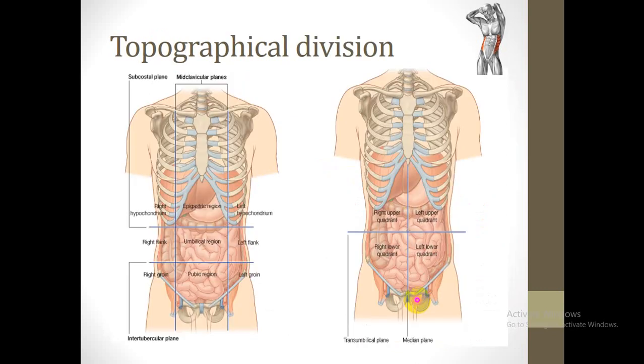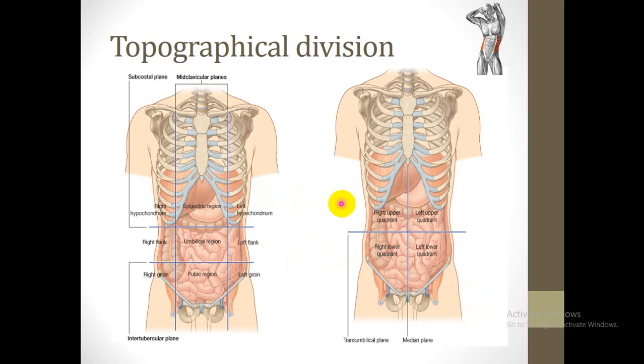So, for easy study of the abdominal wall, and as guidance for the doctor to the abdominal organs and the pain associated with these organs, we can divide the abdominal wall into two groups of topographical division. The first one is the simple 4-quadrant topographical division, and the second one is the 9-region organization description pattern.